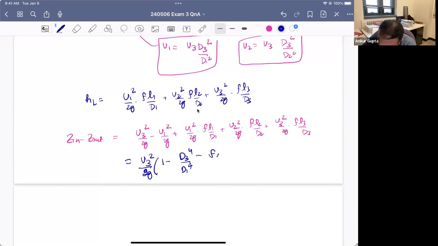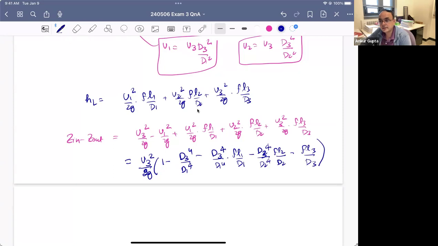So it will be simple to say D3 to the 4 by D1 to the 4 into FL1 by D1, minus D3 to the 4 by D2 to the 4, FL2 by D2, minus, and U3 is common, so this is FL3 by D3. So that's the right hand side. Now I'm still left with